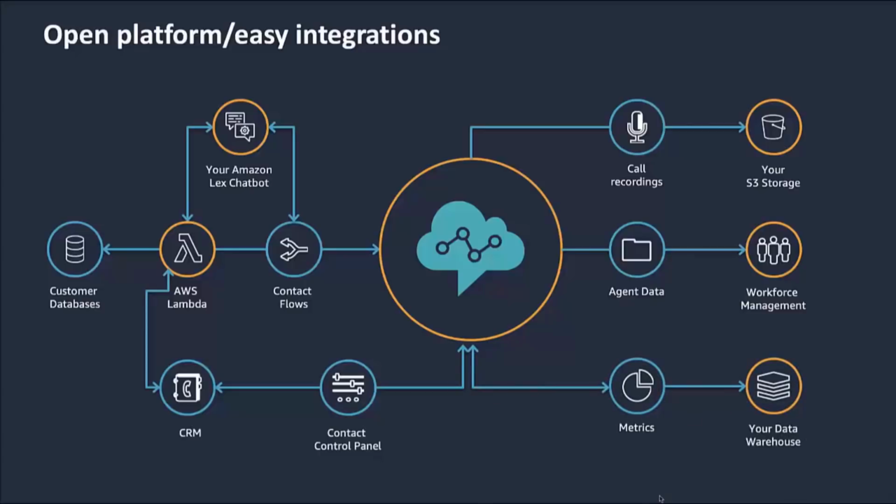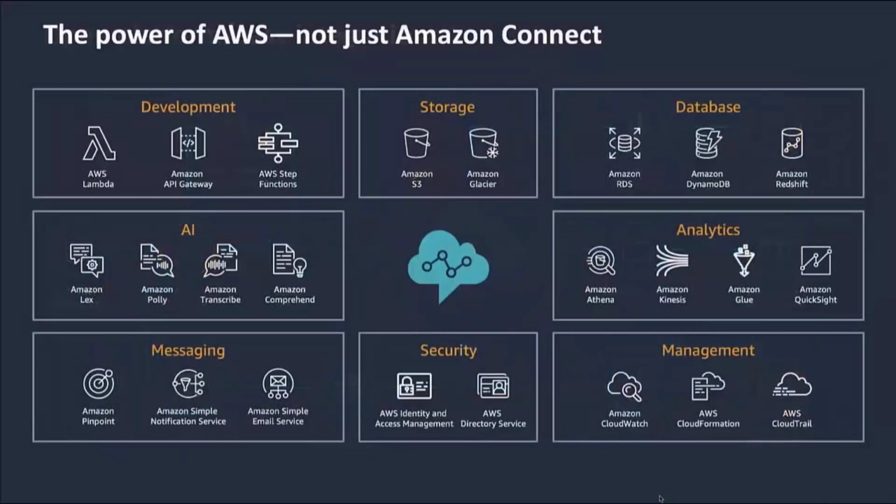Finally, Amazon Connect has the functionality of streaming all the contact center details and metrics in near real time to your data warehouse of choice, enabling you to have full access to the raw data from your contact center. Customers have the ability of leveraging the entire power of the AWS portfolio to create interesting integrations with Amazon Connect and to fully expand the functionality and capability of the contact center.